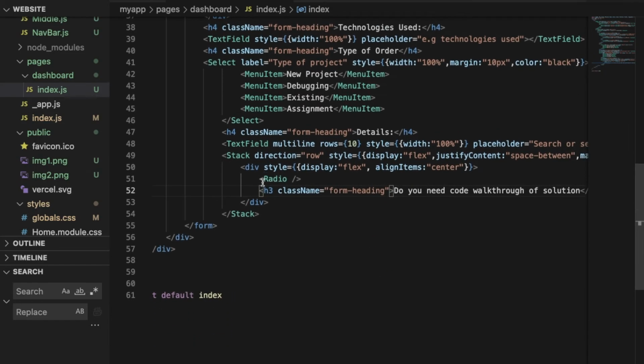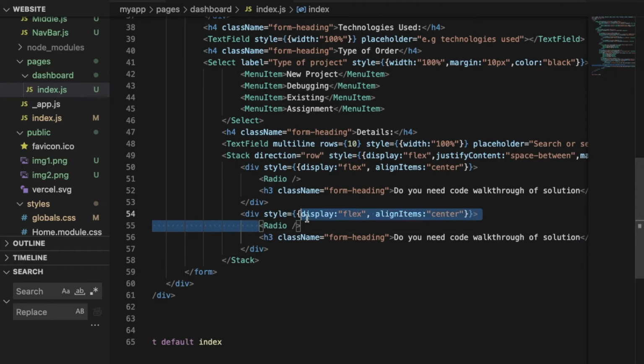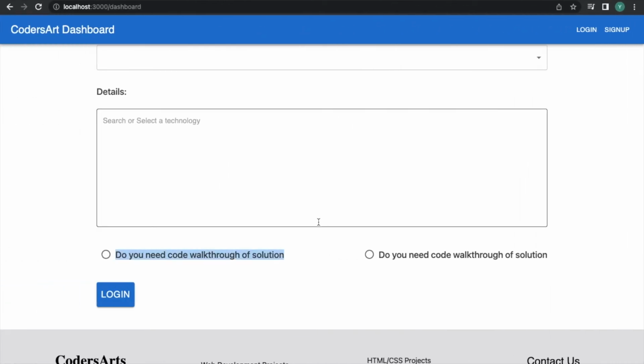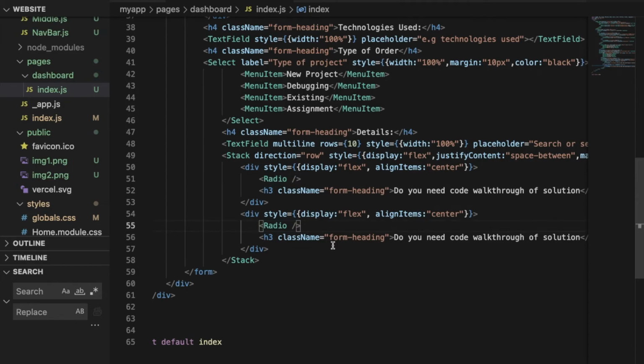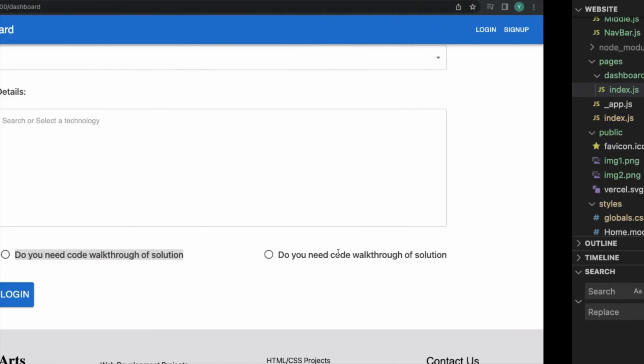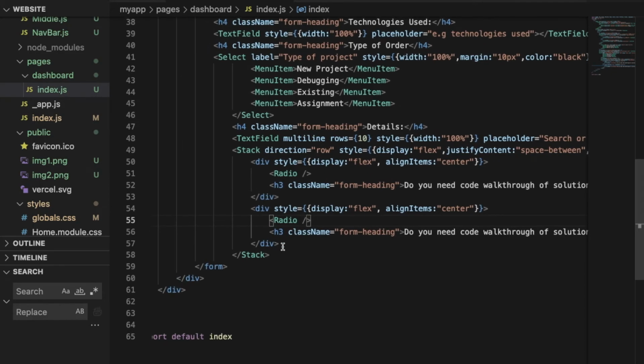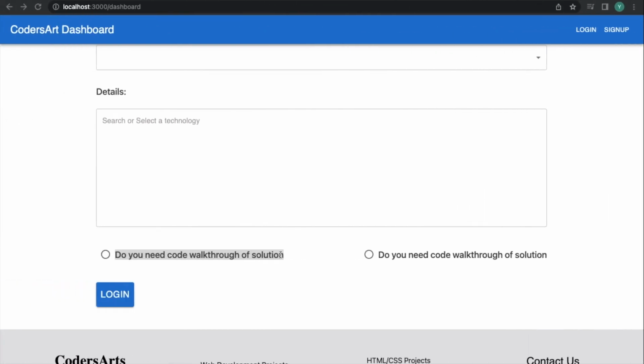So now we'll go beneath this div and we'll create another div. You can see this is basically the same, so we can copy this and paste. We just need to change the text. I have made it the same, because if you want you can change the text right here. Then we'll close our div which is closed here, then we'll close the stack which is closed here, and beneath this we'll have a button. As you can see, this login button